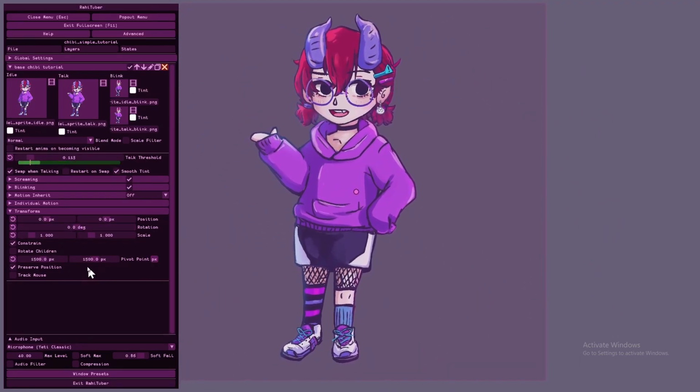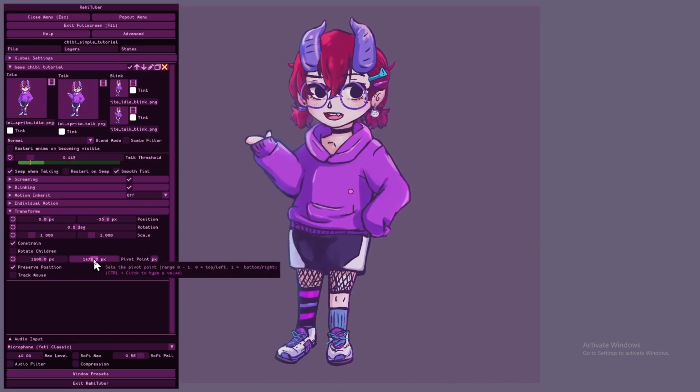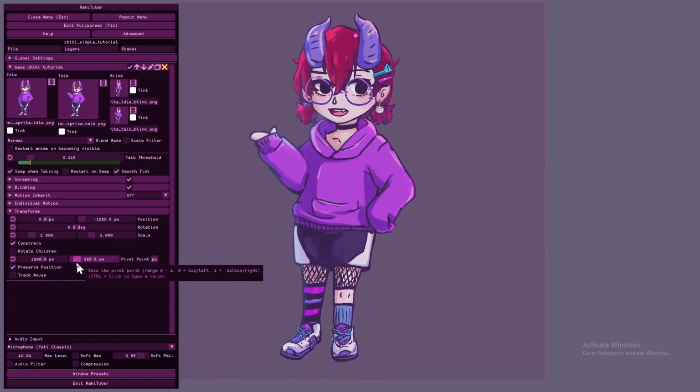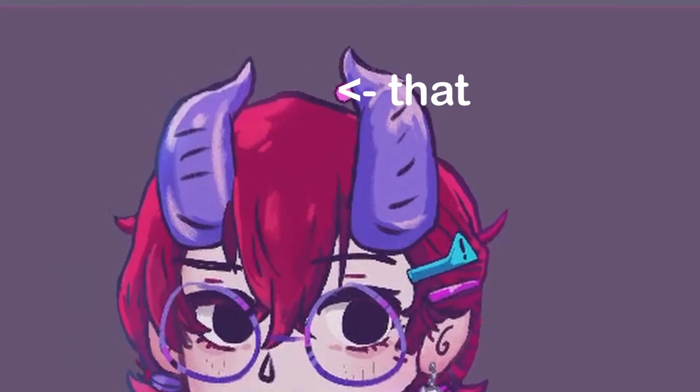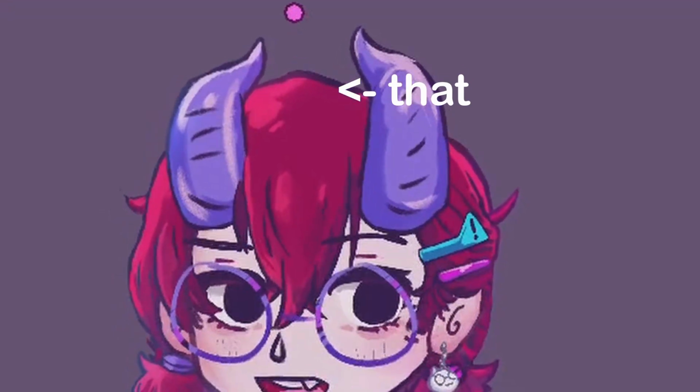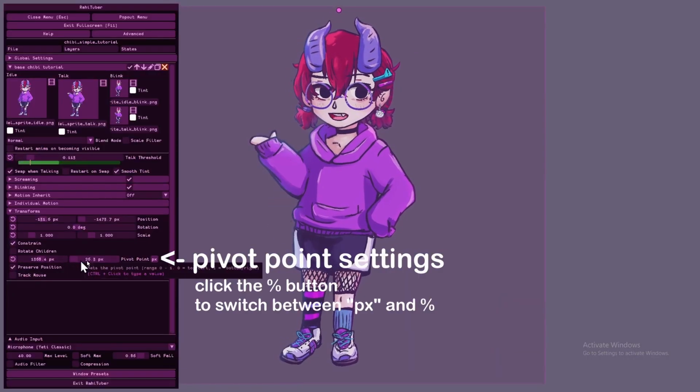With the rotation, though, an important note is that we rotate around the pivot point. The pivot point is that little pink dot that you can see moving around as I adjust the sliders to the left.